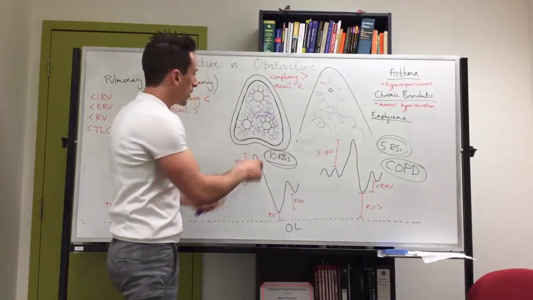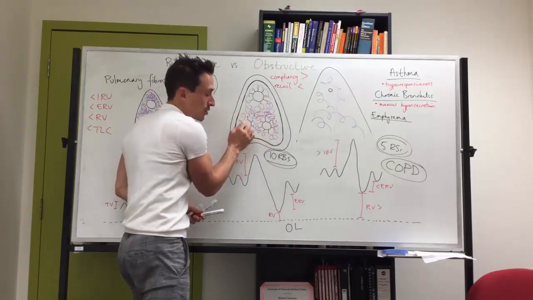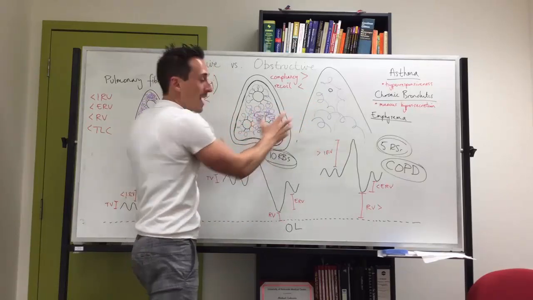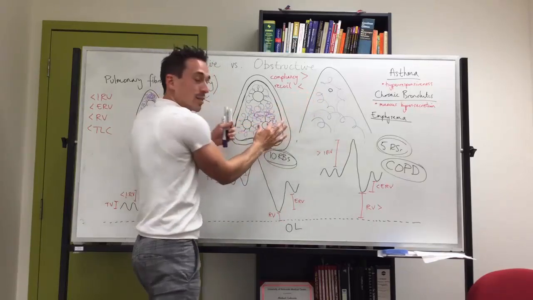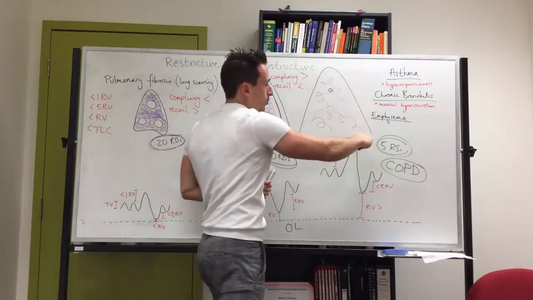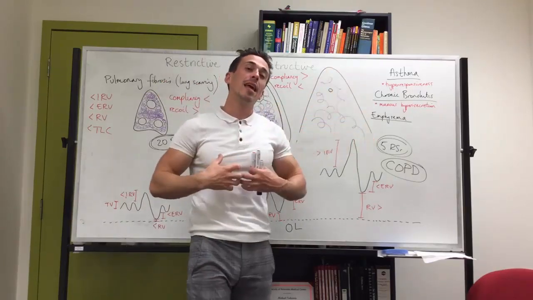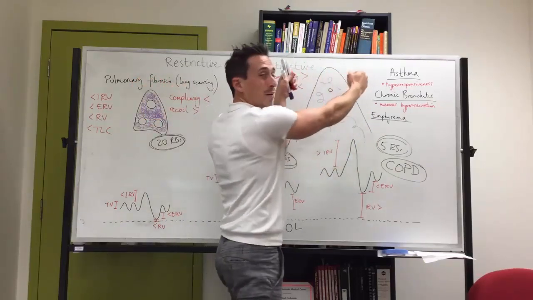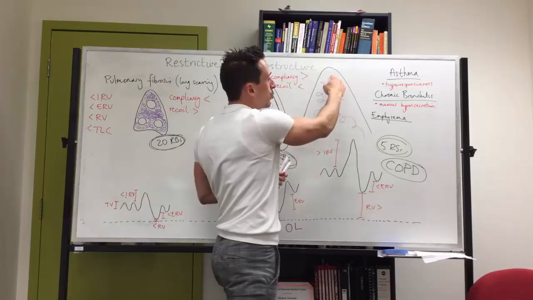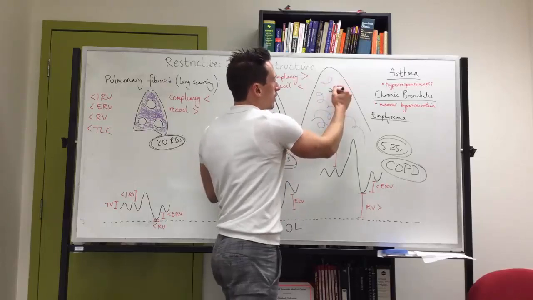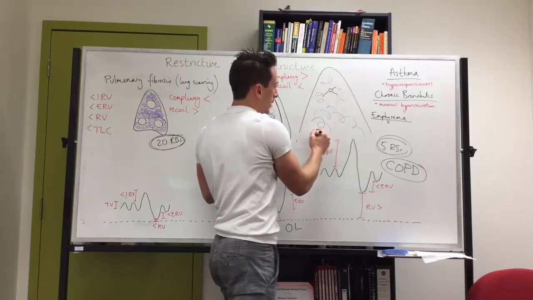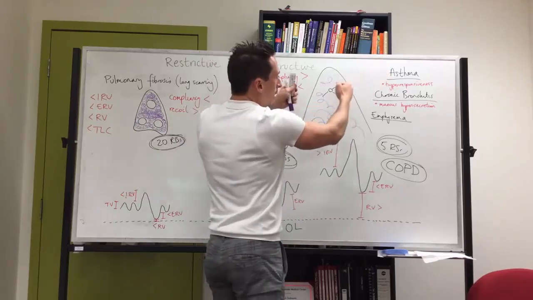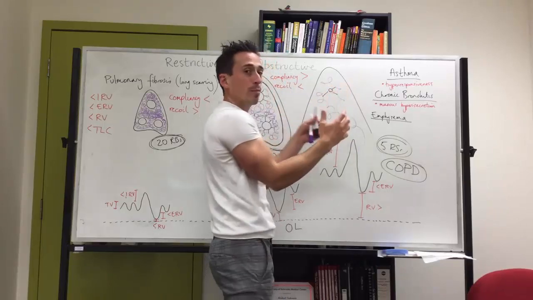Remember I said that this elastic tissue is attached to the airways? That means that when you expand a lung, the airways get larger, and then when you bring it back together, the airways get smaller. Think about what happens with an obstructive disease. I said that they can easily stretch their lungs out, which means the airways open up. But because there's reduced elastic tissue, not as much of this elastic tissue is attached to the airways as there should be, which means that when it comes back together, the thing that keeps these airways open and patent is